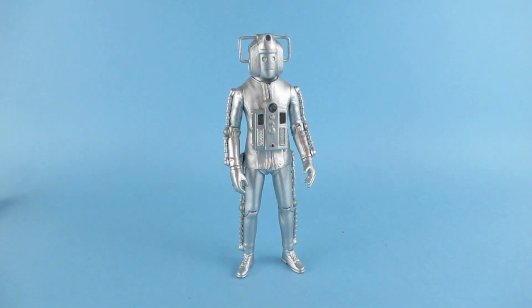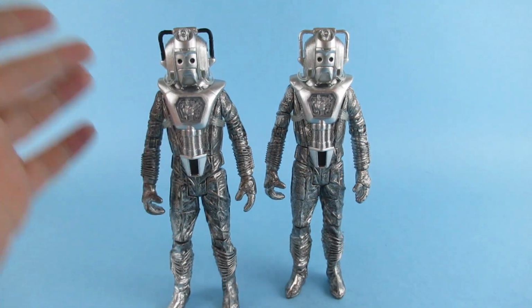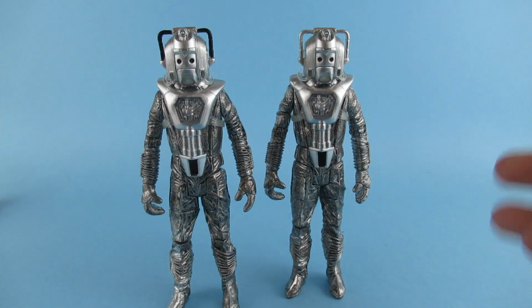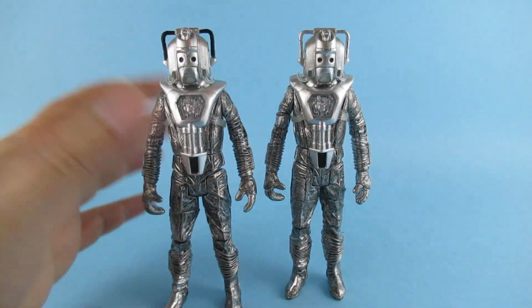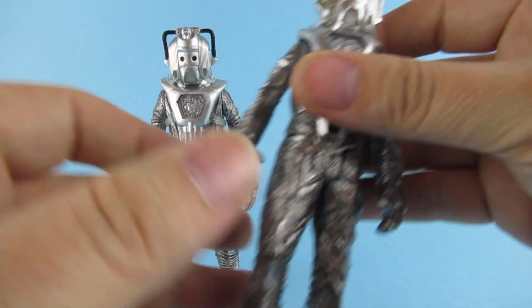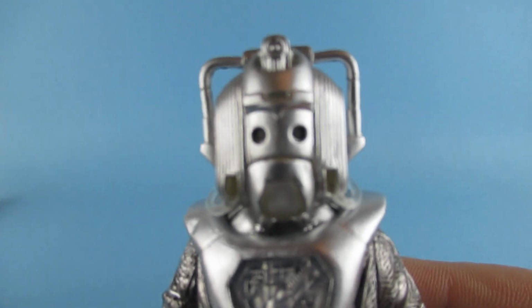But yeah. Right, so after that, well, in the great way of them making these figures, there's a huge skip. Because then we get to these, which are the more modern ones. These I put a video up a couple of weeks ago, I got from the B&M sets. This is kind of the Silver Nemesis version of the Cybermen, which has, as you can see in there, the